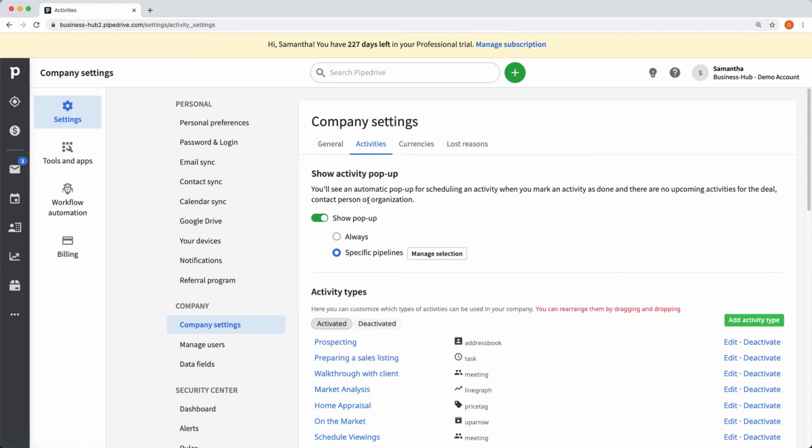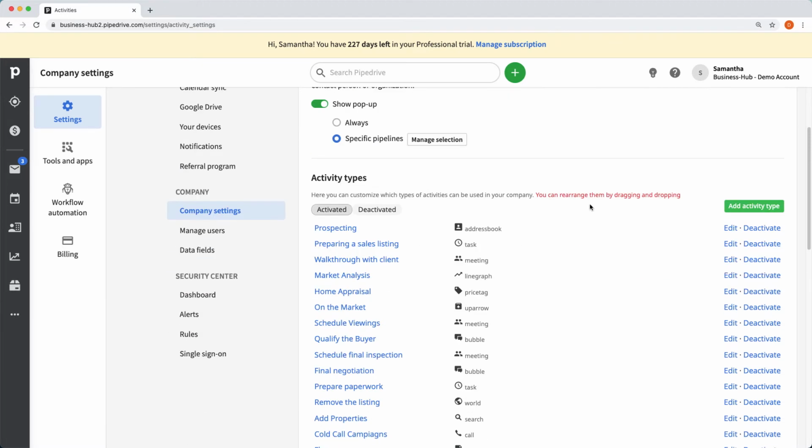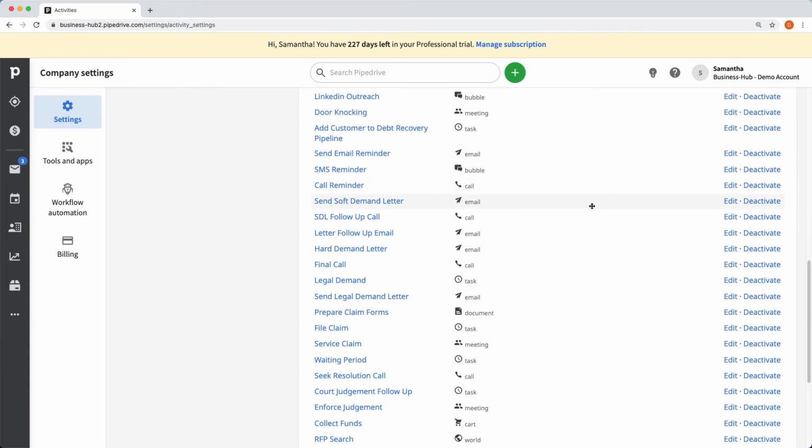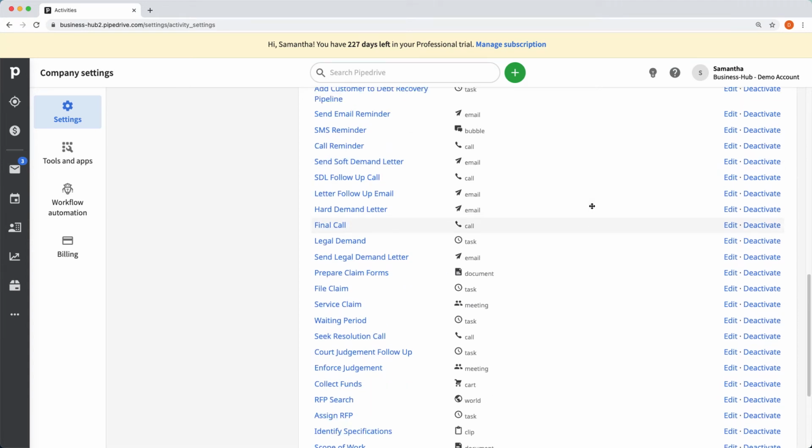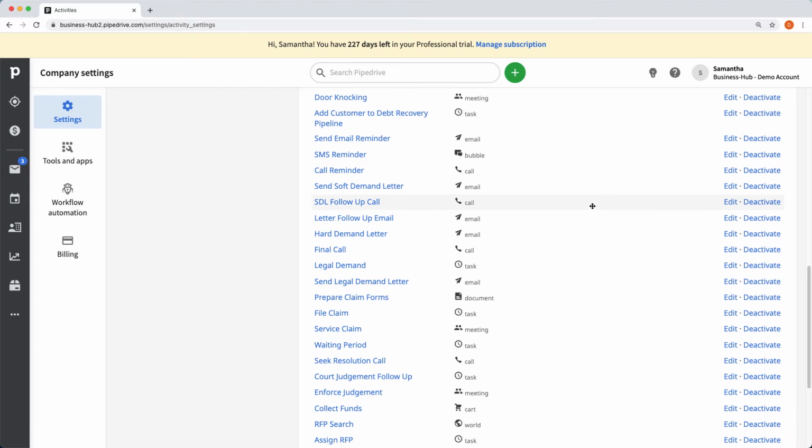You can set up an automatic pop-up for scheduling an activity, so that every time you complete an activity, the next activity is done. Or you can create an automated workflow so that when you click the activity and it's done, it automatically creates that activity. You don't have to enter any information in. I'm going to show you how to do that in a future video. But as you can see here, I'm using this demo account for a lot of different companies and industries, but we'll come all the way down here to